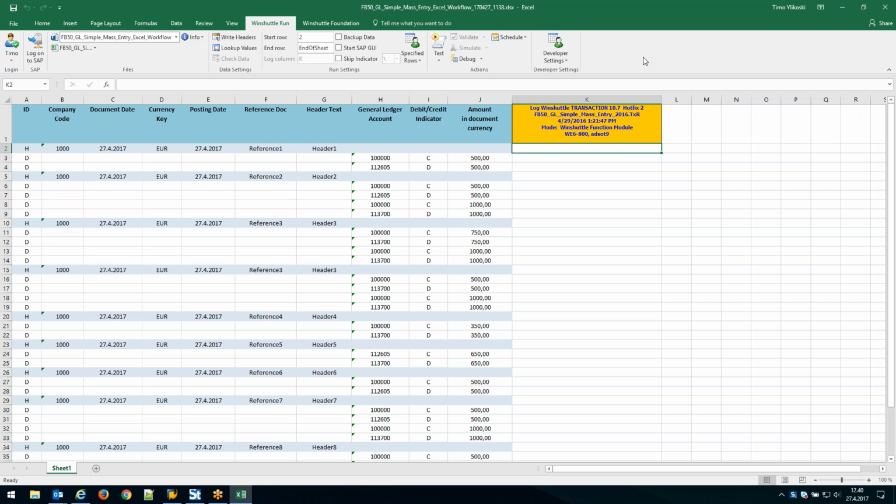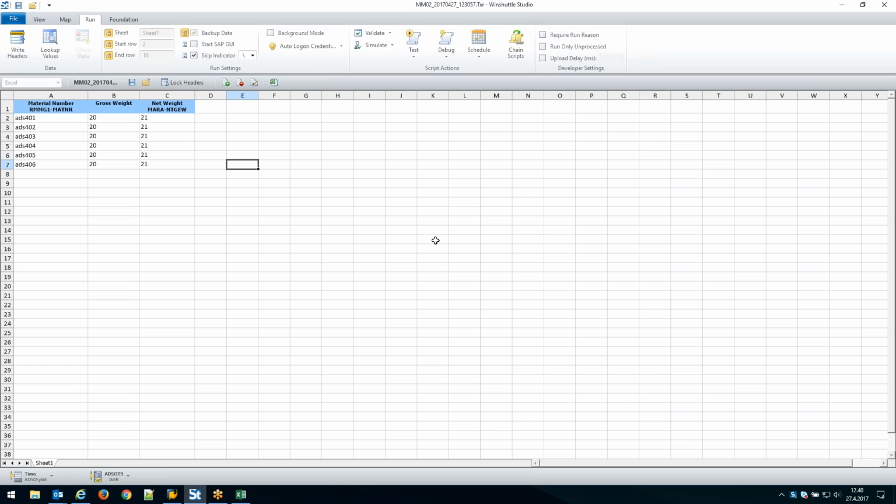You have to specify what text field to record. Timo, does the recording mode matter when you're recording the long text? No, with the new long text